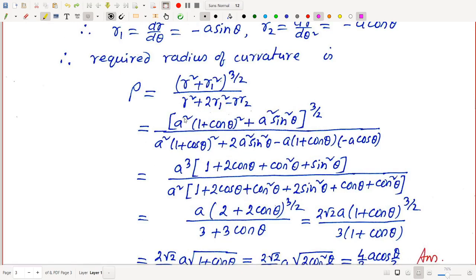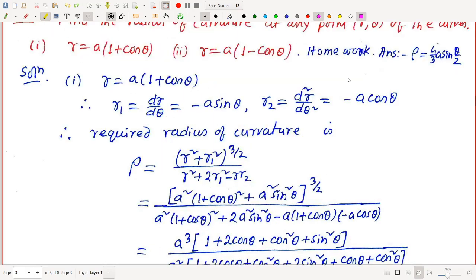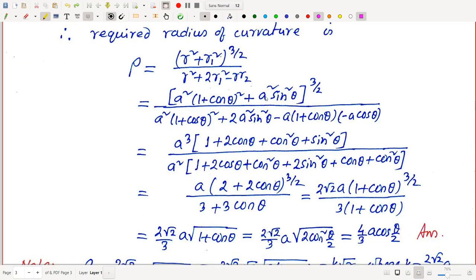So the value of r is a into 1 plus cos theta, squared, so a square into 1 plus cos theta whole square, plus r1 square, where r1 is minus a sin theta, so squaring it we get a square sin square theta, to the power 3 by 2, divided by r square, that is a square into 1 plus cos theta whole square, then 2 r1 square, that is 2 into a square sin square theta, and then r2, where the value of r is a into 1 plus cos theta and r2 is minus a cos theta, so this minus